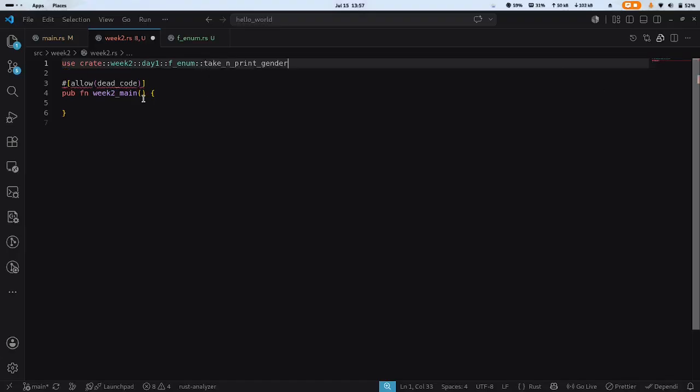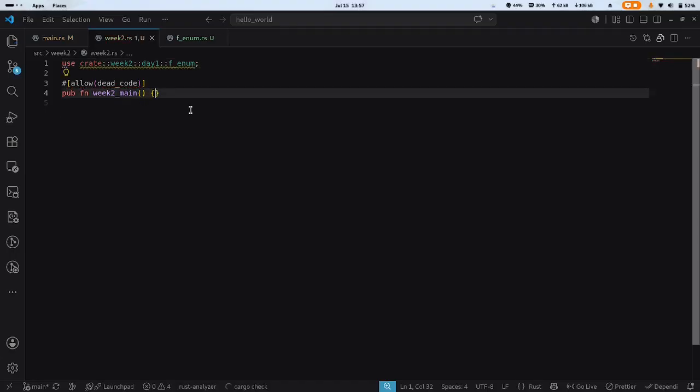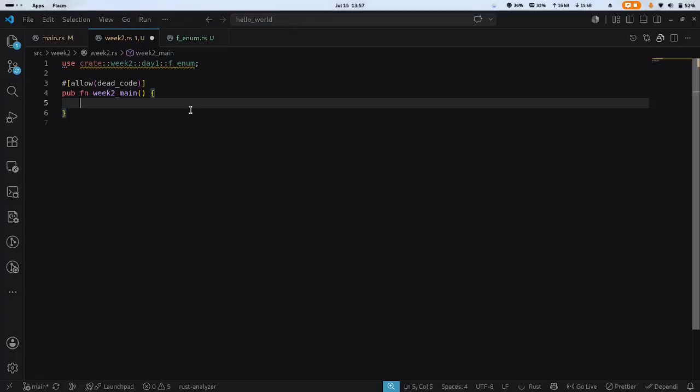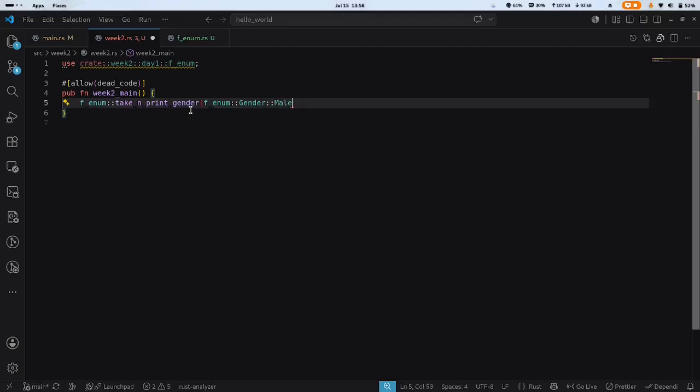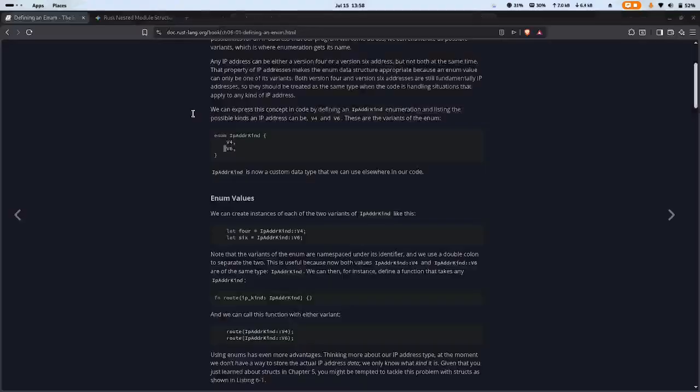Take and print gender. No, I don't want to call our function first. Yeah, we'll leave it like that. And in the main function, we call it like this. We say f enum, and we take f enum gender. I can say I'm a male, and I save it. Now I expect what will be printed on the screen is